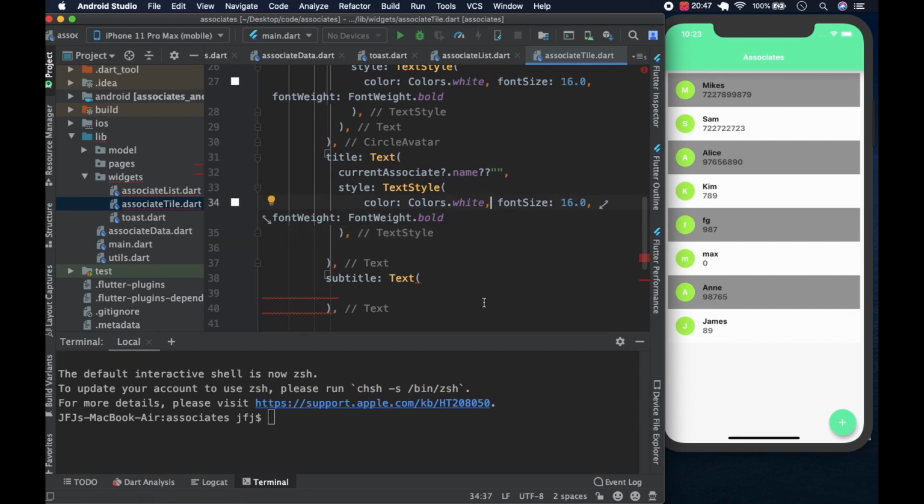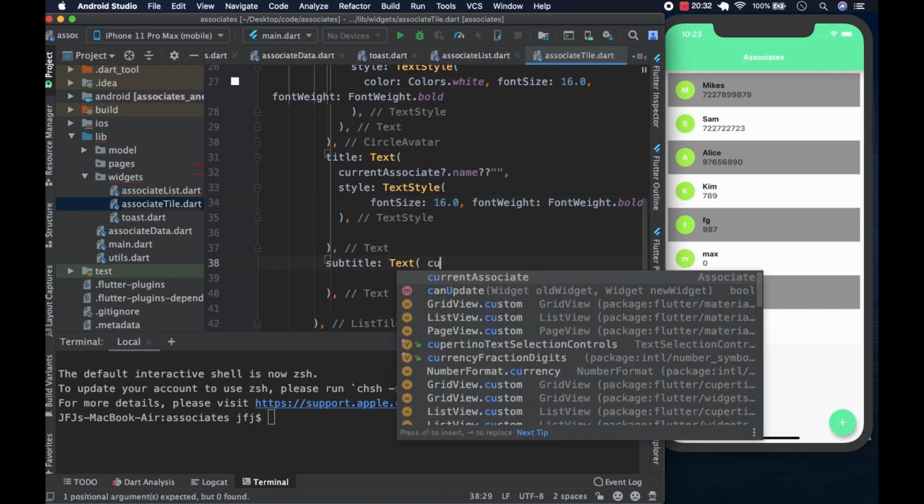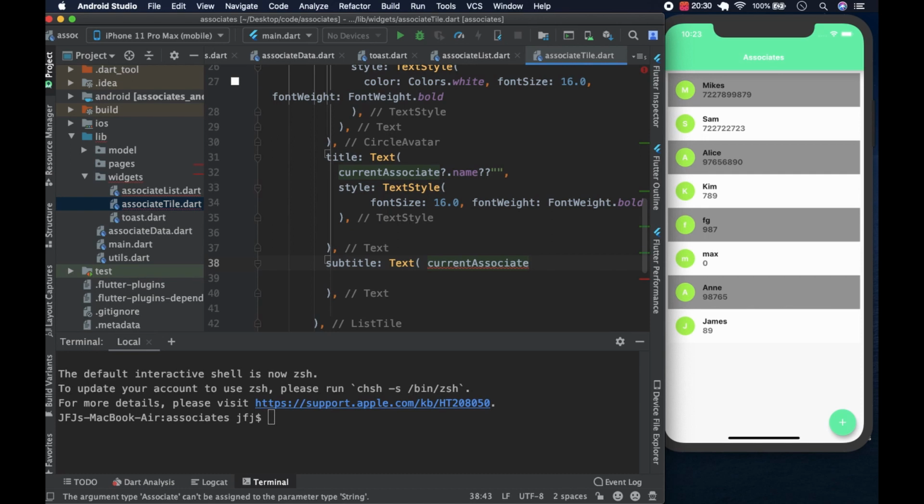It shouldn't be colors dot white. It's just a font size. So let's get rid of the color, like so. So the text is here. The text is going to be current associate dot